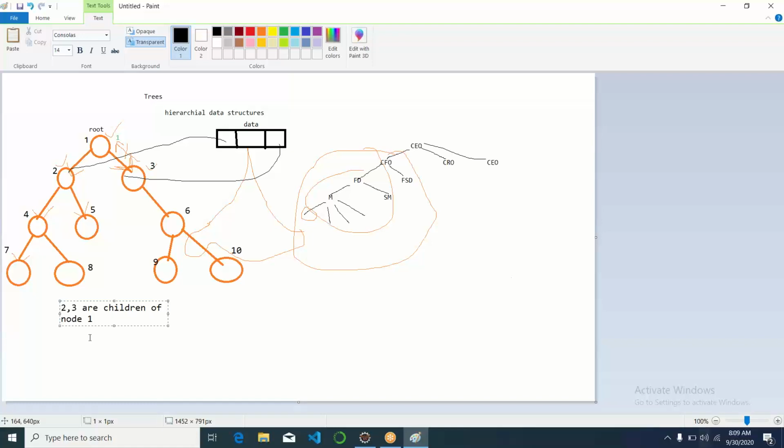So this is called the root node, and 2 and 3 are called children of node 1. 2 and 3 are children of node 1. So just try to understand the terminologies. Now we know what is root, what is a child, and